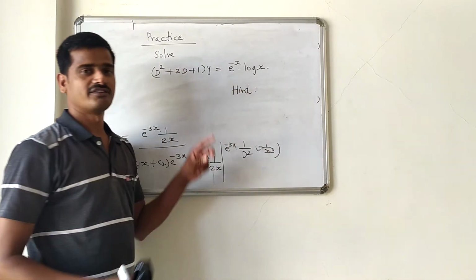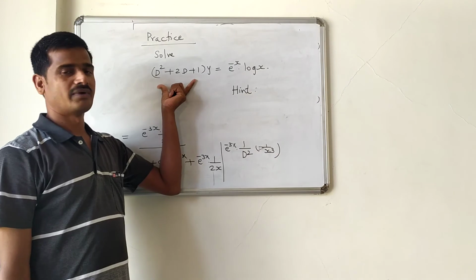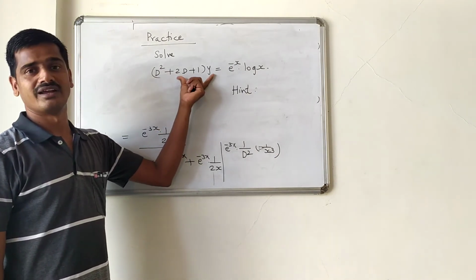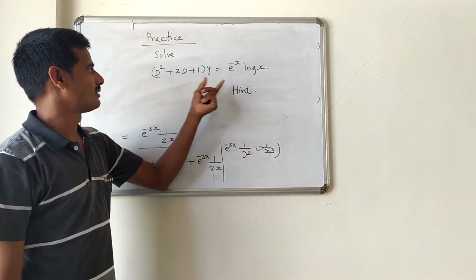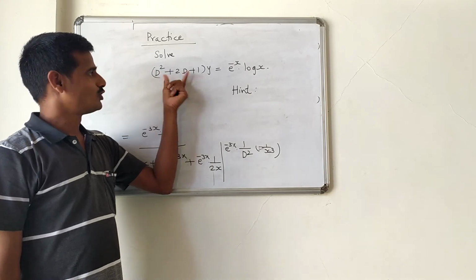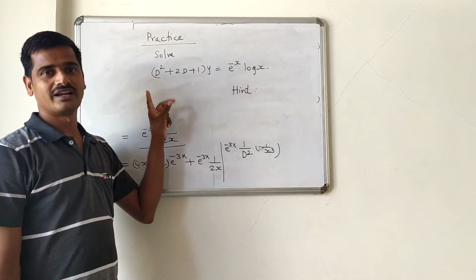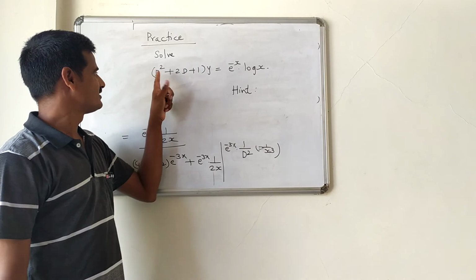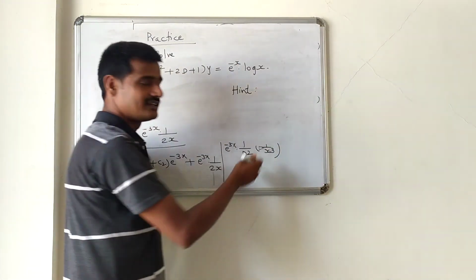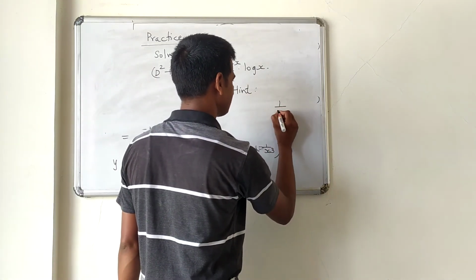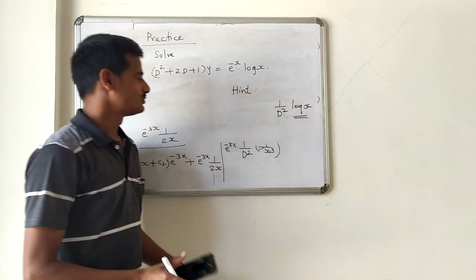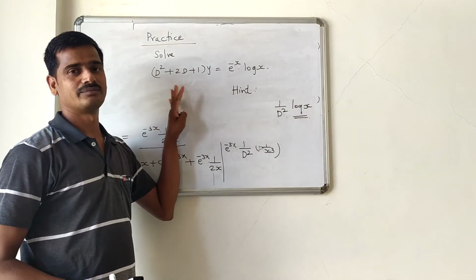So what is the complementary function? Here roots are minus 1, minus 1. So (c1 x plus c2) into e to the power minus x. This is the complementary function. And what about the particular integral? In fact, this is (d plus 1) whole square. So when you write e to the power minus x to the left of this operator, you replace d by d minus 1. So you have to just calculate like the previous example. Finally, you have to just calculate 1 upon d square of log x. Okay. So you try to solve this example as a practice session.